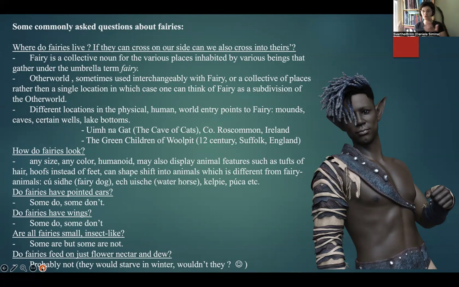We're talking about transition points between the fairy and human worlds, and whether fairies can actually come into our world and humans can go over there. Well, in the Green Children of Woolpit story, farmers in the field found two children, a boy and a girl, brother and sister, very disoriented. They didn't know where they were, and could not withstand the very bright sunlight. They were green. Their skin had a green tone.